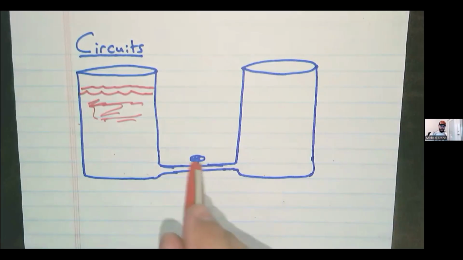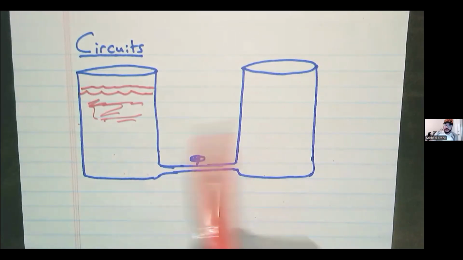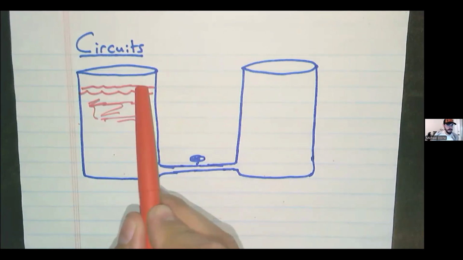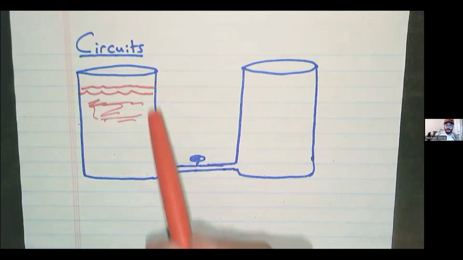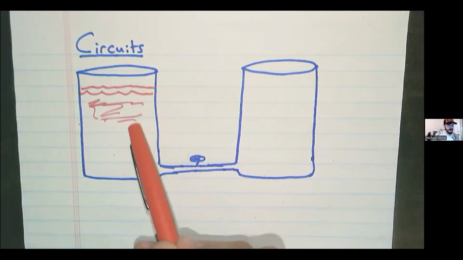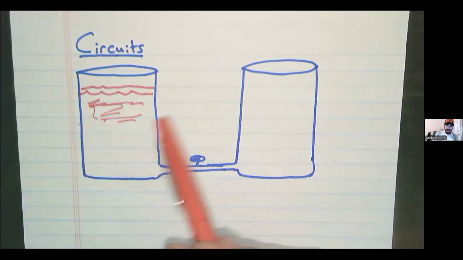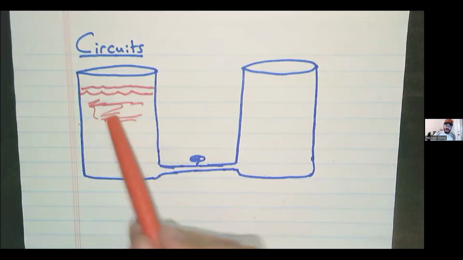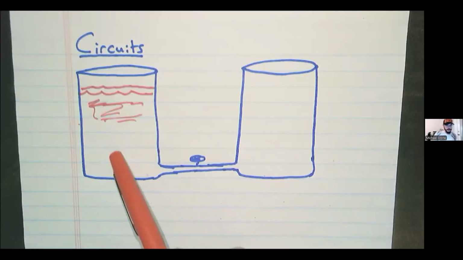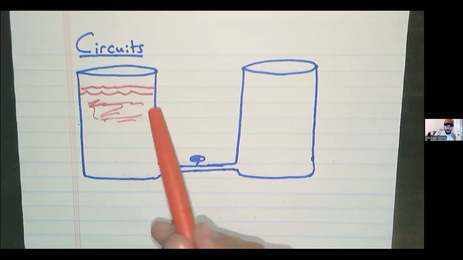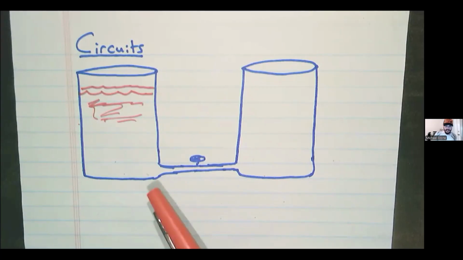The water here, before this valve is cracked, it's been pooled together and it has a certain amount of gravitational potential energy. This water would love to be on the ground. But furthermore, it is weighing down on all of the water beneath it. That water is pushing back and against the sides of the container. So this is a high pressure situation. This water is built up and the particles collide with each other. They collide with the walls of their container and they very much want to escape.